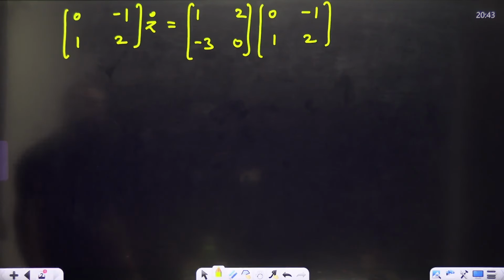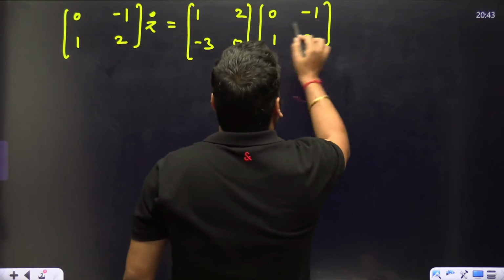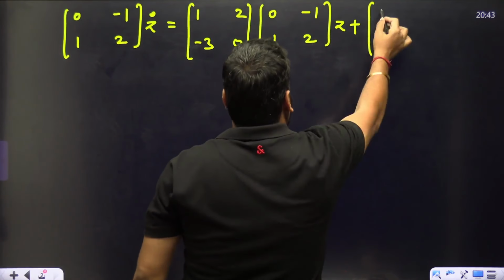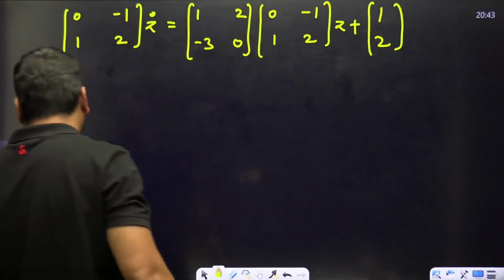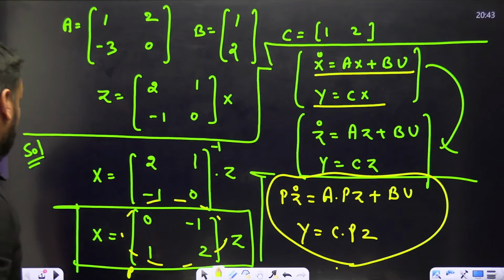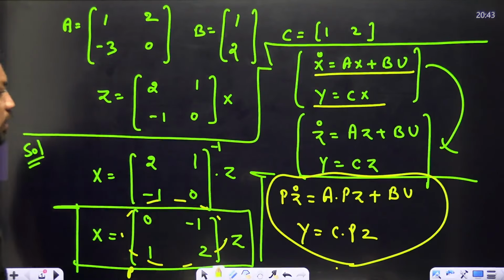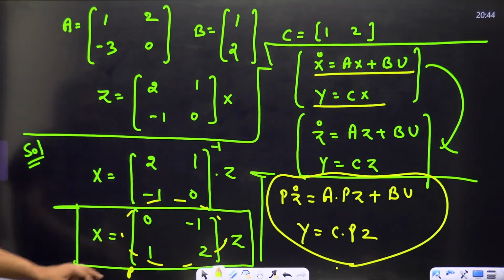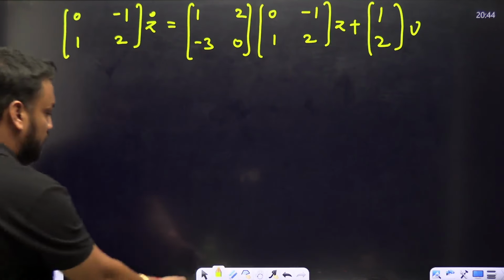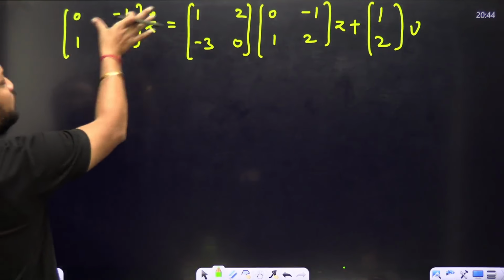ठीक है सर, ap। अब यहाँ क्या लिखना था, apz था, a आ गया, p आ गया, z आ गया, प्लस b मतलब क्या था, b था 1 2 सर, डेफिनेटली 1 2, इंटू u था, b u आ गया। तो पहले ये सोल्व कर लेते हैं, उसके बाद y इक्वल टू c p जब बाद में कर देंगे। ठीक है सर।